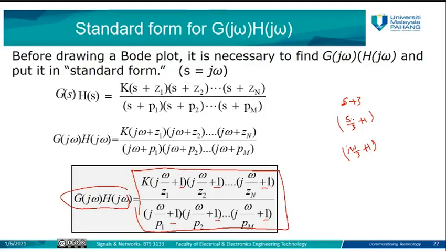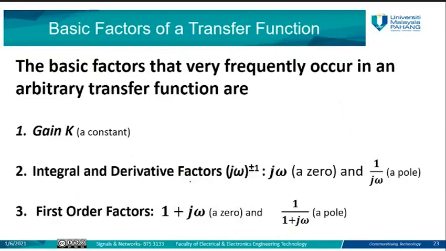But here, what we need to do is make it unity, plus one, plus one, plus one. So the value of the zeros or the poles will be used to decide later whether it is a low pass filter, a high pass filter, a derivative, an integral, whatever the value is. So this is the standard form for any transfer function. We will stop